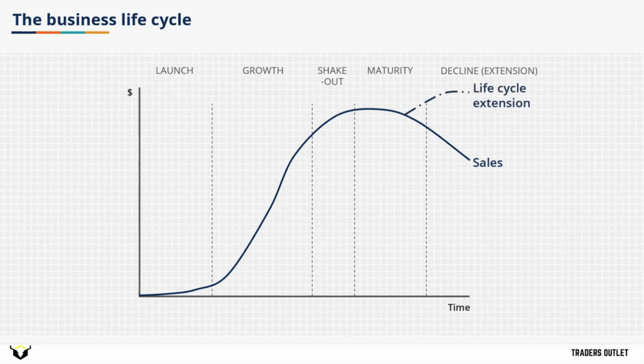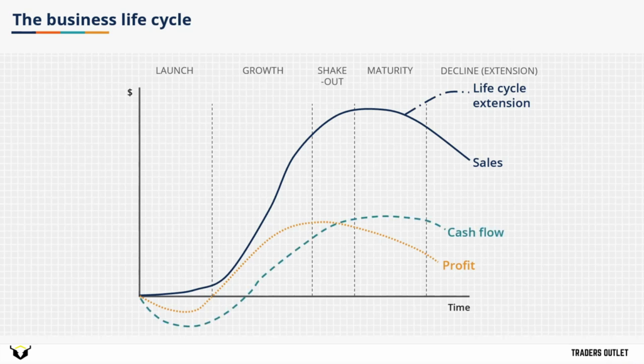Beneath that, we have profit. Profit lags revenue, as companies typically take a while to grow their revenue beyond their expenses after they launch. And then finally, we have cash flow. Cash flow lags profit because initially, capital is required to make investments, which pushes cash flow more negative than profit. But in later years, the benefits of those capital investments kick in, and cash flow will actually outpace profit. So we have this general life cycle of a typical business, and this is just a broad generalization.